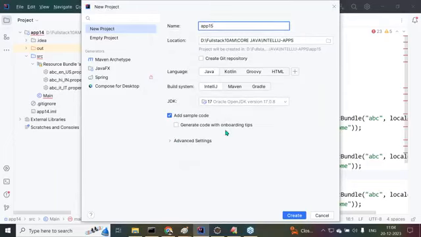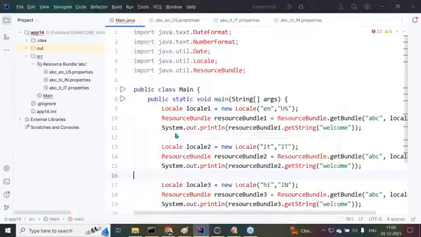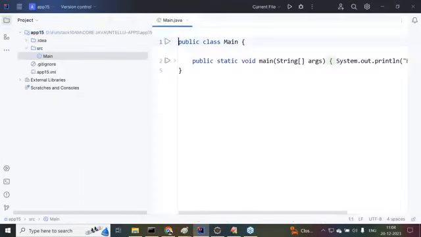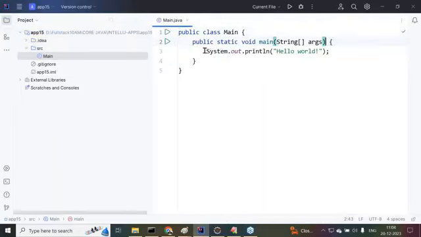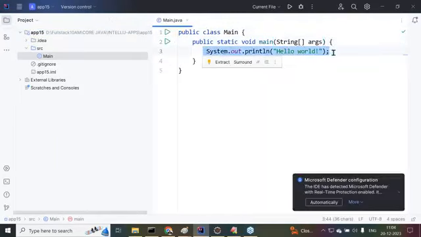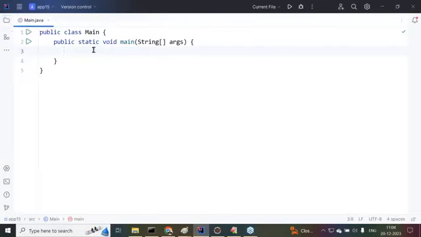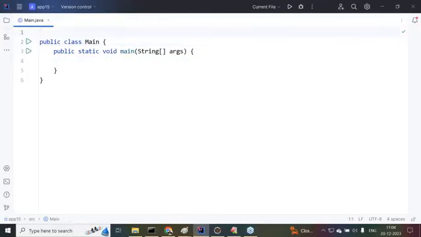So Java, IntelliJ IDEA, click on create. Now see this program, all of you know. First of all, I want to prepare multiple threads.